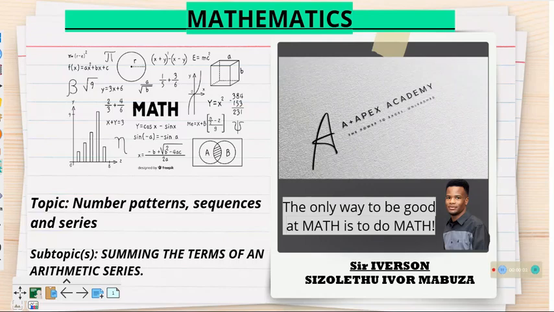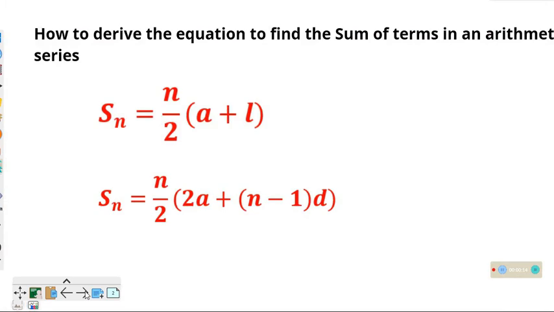Hello guys, today we are going to look at number patterns, sequence and series. So we'll be looking at summing the terms of an arithmetic series. So we'll basically be looking at how to derive the equation to find the sum of terms of an arithmetic